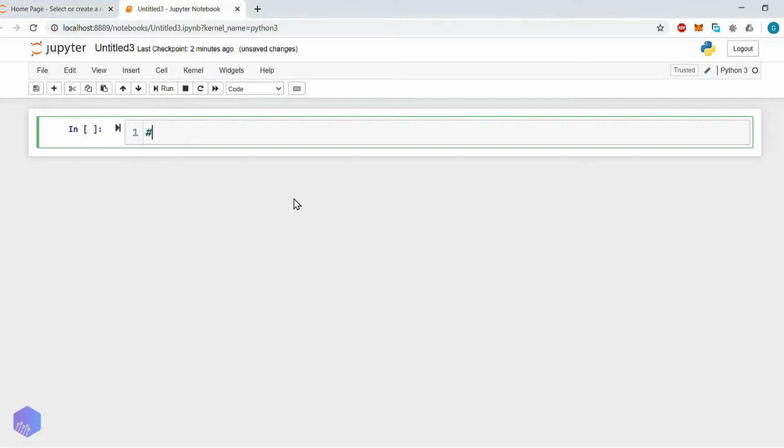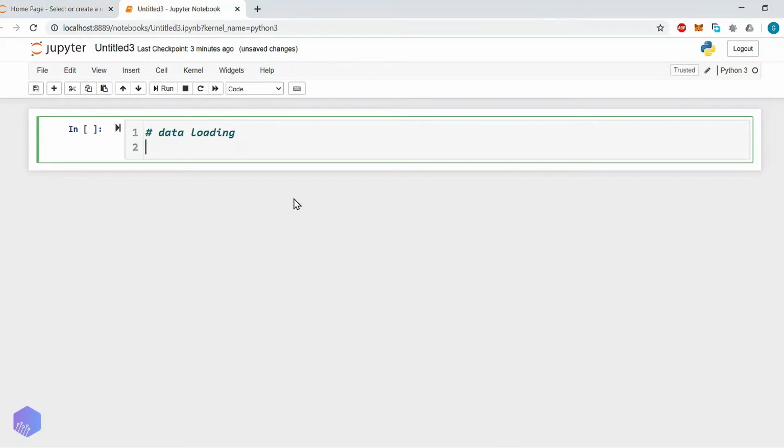Some of the features of pandas are, let's say, data loading. So what do you mean by data loading? You can load various types of files into pandas. So which are those files? Let me give you some examples. For example, CSV, then Excel file,